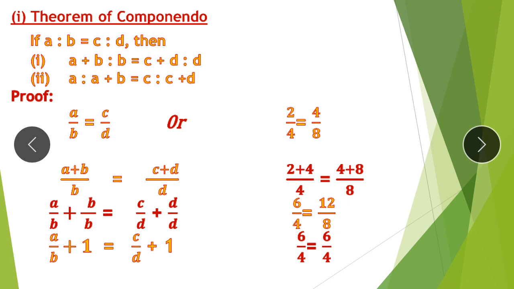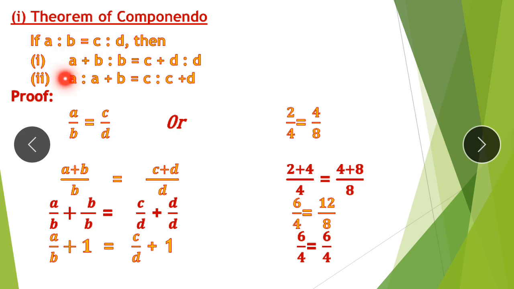What we can observe here is that if the second quantity is added to the first and the fourth quantity is added to the third, then there is no effect on the ratios, and the ratios are again the same. Why? Because the ratios are already the same. So if you add the denominator to it, again there will be no effect on the